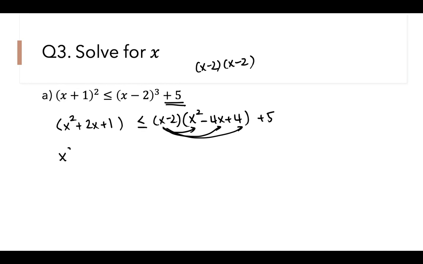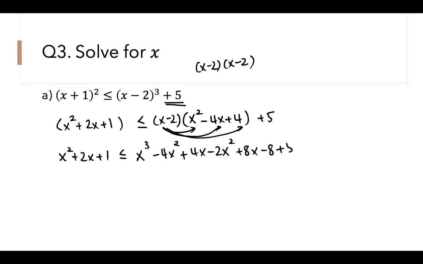So it's x squared plus 2x plus 1 less than or equal to, then it's going to be, when you do the distributive property, you get x cubed minus 4x squared plus 4x minus 2x squared plus 8x